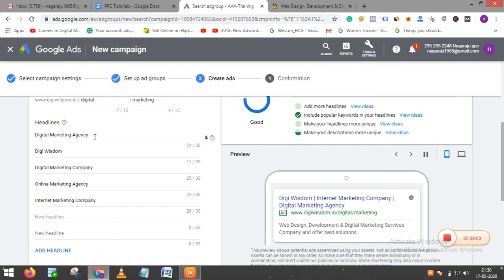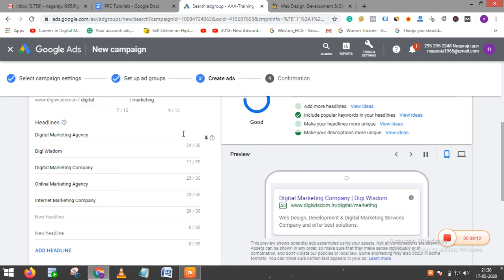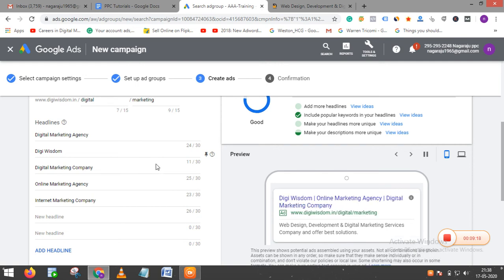It will pick the headlines randomly. But if you do not want to choose your headlines randomly, you can select which headline you want in headline 1, headline 2, or headline 3.